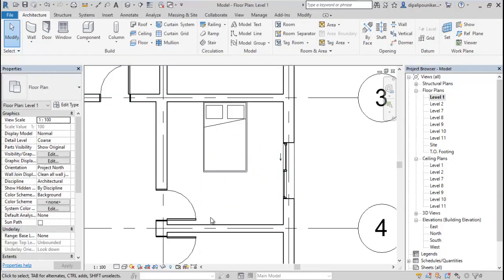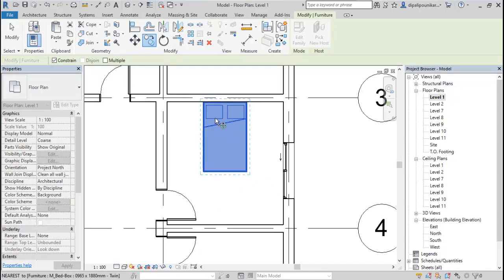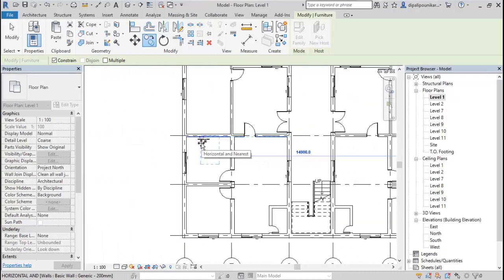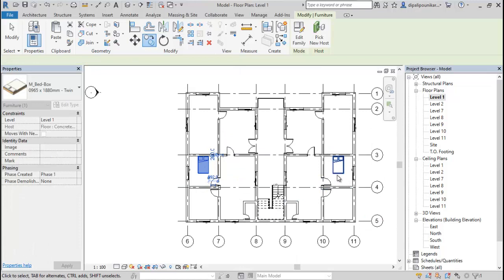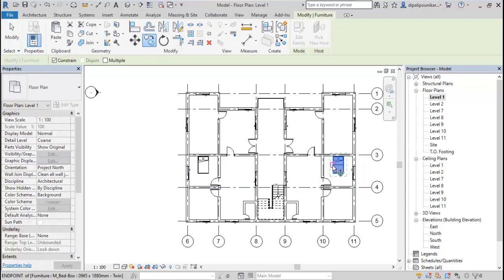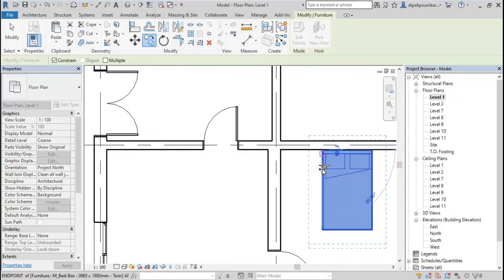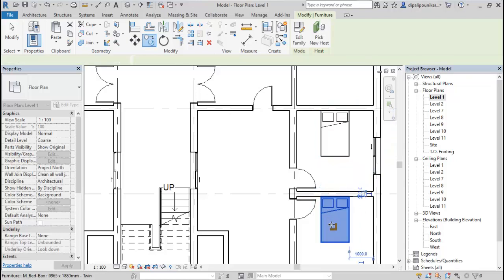Okay, now after that what we have to do is select this model and copy with respect to the center, with respect to this point, and move the same over here. After that, select both of these and copy from this point to this point.